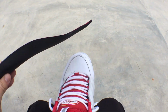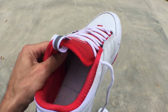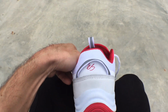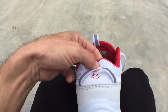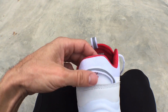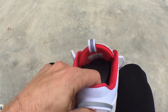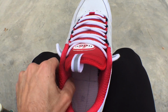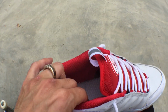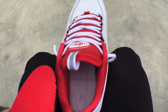Nothing real cushiony. I'll say the midsole is pretty cushiony, not as much as the Silo. But like I said, I've only skated them for about an hour. My feet weren't too sore. One of the other things I like about this is the heel portion right here isn't rigid. And I don't know, maybe that's just me, but I kind of don't like that rigidness right back on your heel. So this soft portion is actually pretty welcome for me. I will say right here too, the inner foam piece, it's pretty foamy, pretty cushiony. Kind of fits around your foot pretty well. There's not a lot of wiggle room in the toes,